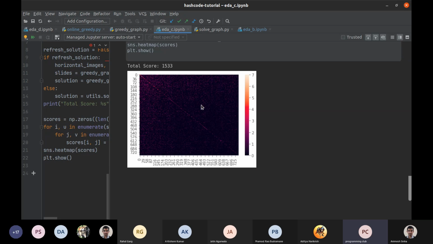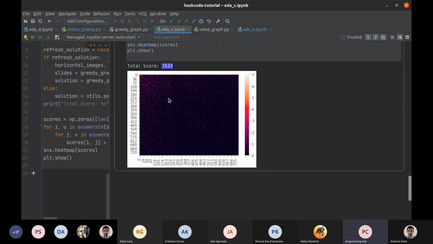As you can see, we have sorted out the later slides pretty well, but maybe we can do something about the first few slides. Maybe we need to change our approach somehow, because this part shows a lot of noise. And again, this is a pretty good score, 1533 is already very near the best score, which I think was 1600 or something. This is already pretty good, but it shows us that it can be improved.